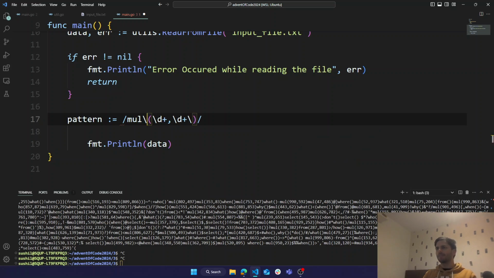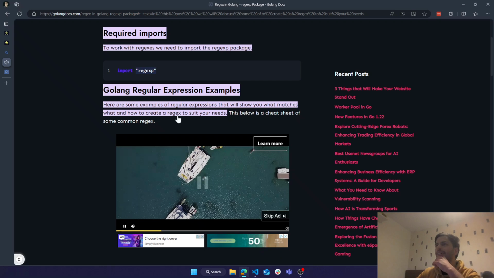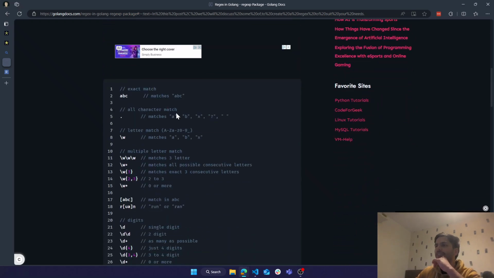No, there's a single... I get the expected run on that. Okay, we'll come back to that. Let's read our Golang expression examples.